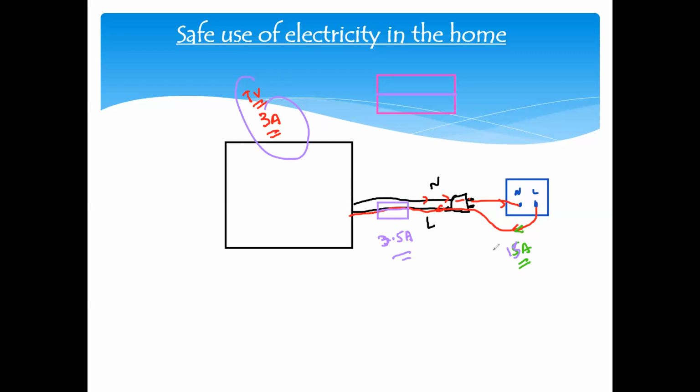When the current is too high, for example, fuse rating means this is a fuse which can allow 3.5 ampere to pass. But if the current is 15 ampere, that current will produce a lot of heat and it will melt the fuse. And as a result, when it melts, the fuse will blow. So the fuse will break the circuit and protect the television or the appliance. So we just have to replace the fuse rather than replacing a television. And fuses are easy to replace compared to an appliance such as a television. So this is how fuses protect the